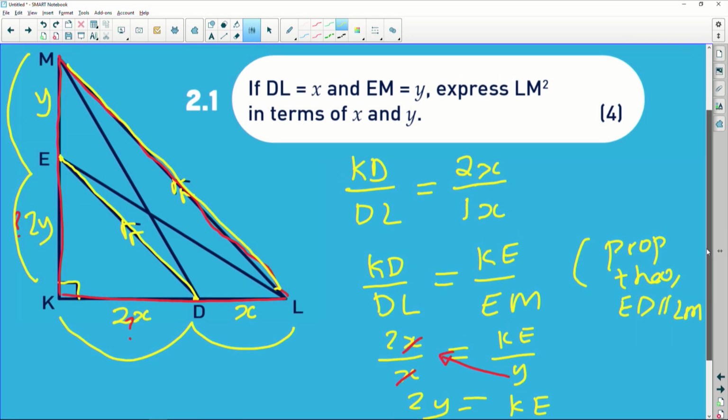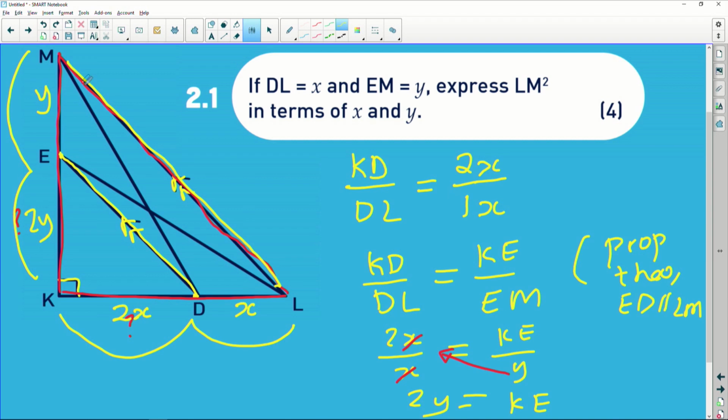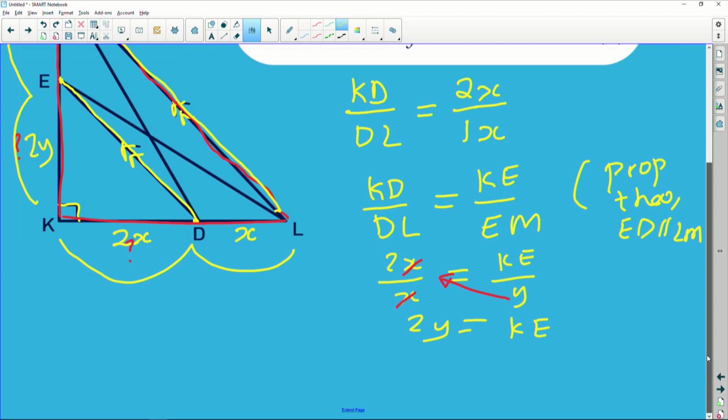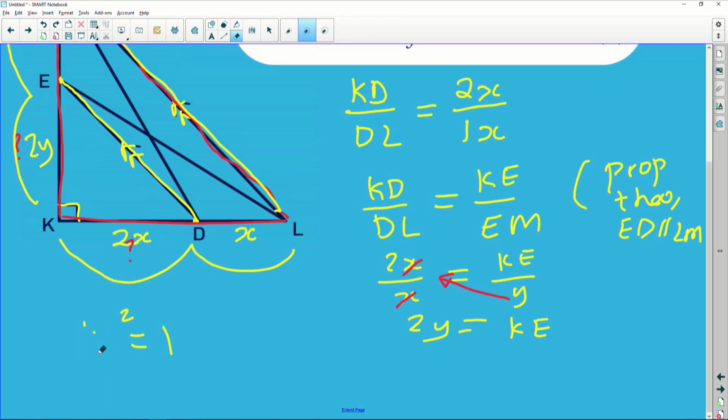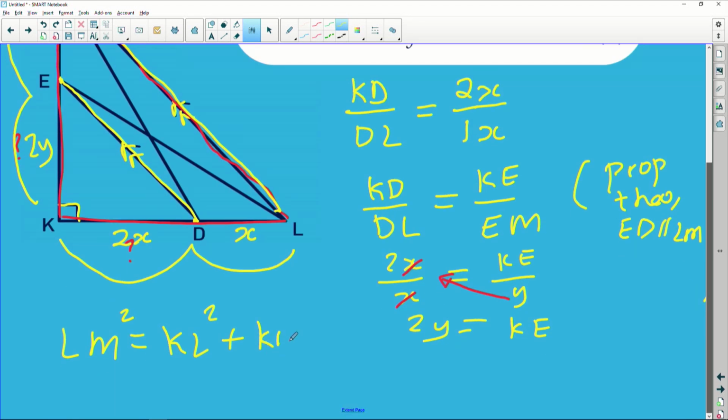Now I've got all the sides of my right angle triangle MKL. I'm going to be looking for the hypotenuse now, the red triangle. In this triangle, I'm going to apply the theorem of Pythagoras, which says that the square on the hypotenuse. So KL squared equals the bottom line. Sorry, that's not KL. That is going to be LM. Sorry for that. Let's fix that. We are looking for the square on the hypotenuse, which is LM. So LM squared equals KL squared plus, I think this one going up is actually KM, so KM squared.